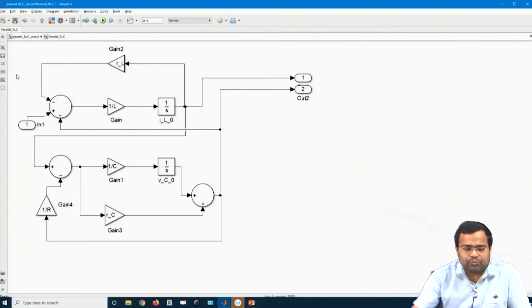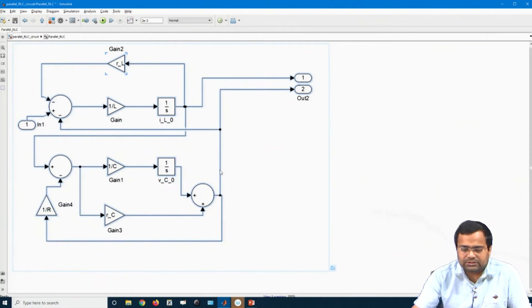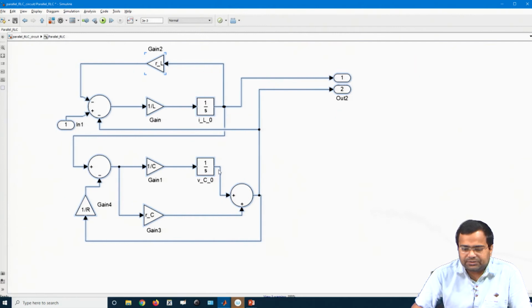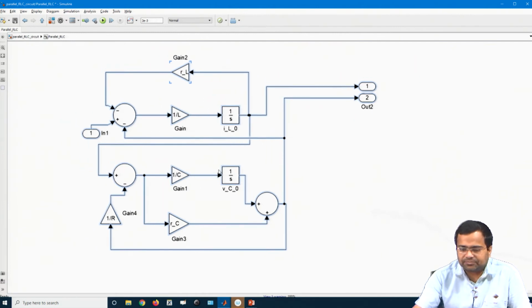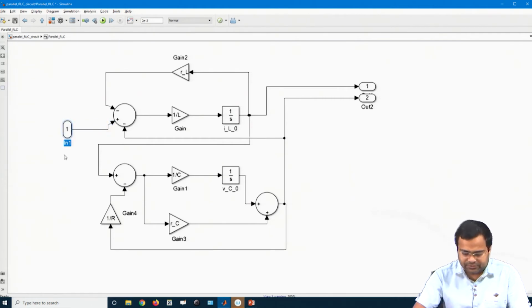What is the input in this parallel RLC block? So, we have to specify the inputs and output. That means, let us write down. Okay. So, the first block here, what was there? It was our input, sorry. So, this was our input voltage V in,